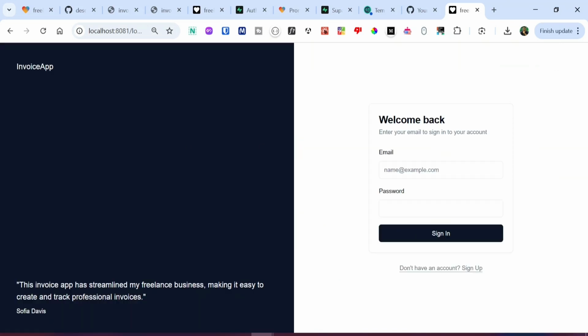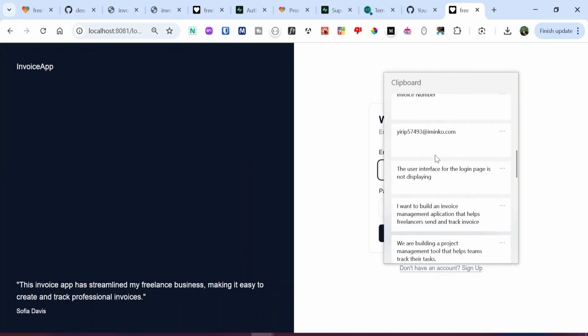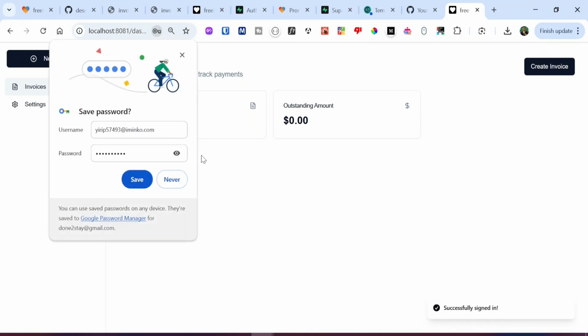If I click on login, I think this part of the application needs a picture. So we need a picture here. Probably we should just make this entire page just displaying the form instead of having these two equal sides. Anyways, I'm not bothered about the design for this project. I just want to show an invoice management application that works. And let's put in the email address as well as the password. Let's see if we can log in successfully, which we can. As you can see,